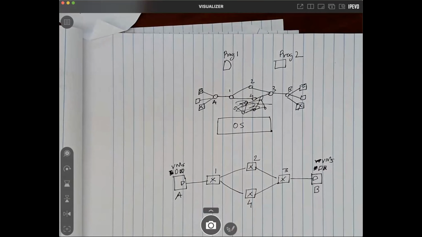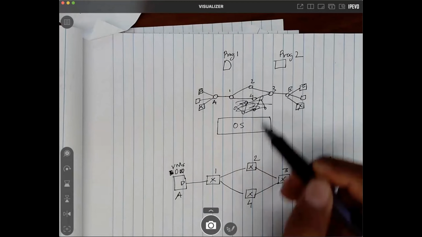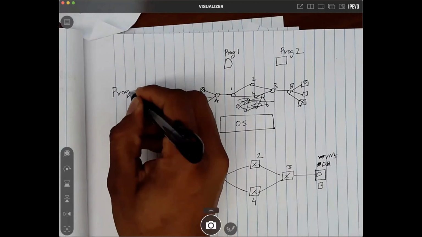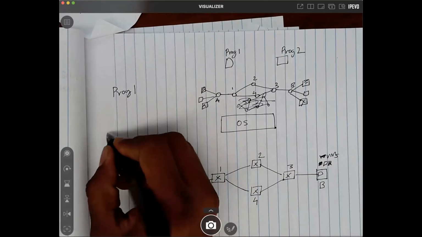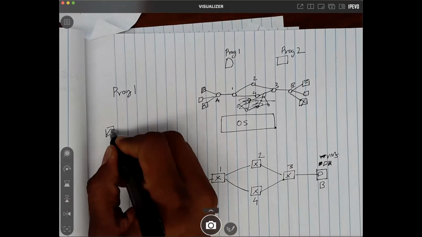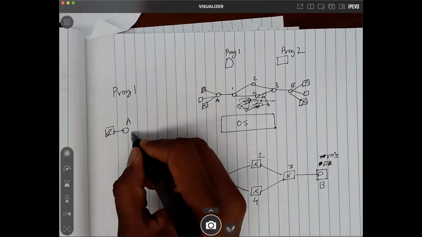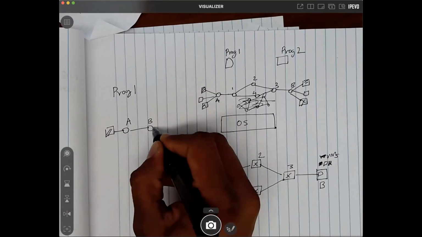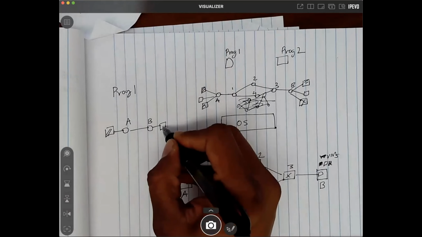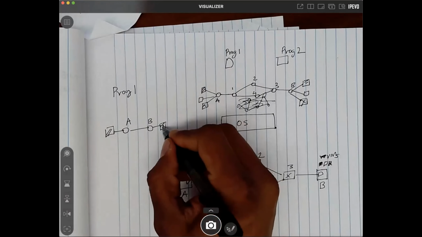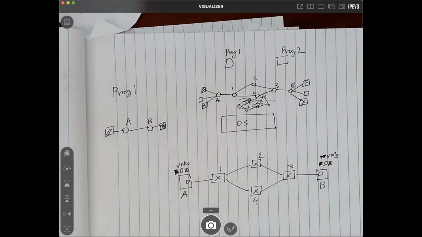All right. If I want to provide this virtualization, then I'll remove everything here for program 1. If I'm offering virtualization, then the network will look something like this. So this is a virtual view of the network that can be exposed to program 1, but that will require a virtualization layer on top of the network operating system. But I'm just logically providing that argument here.